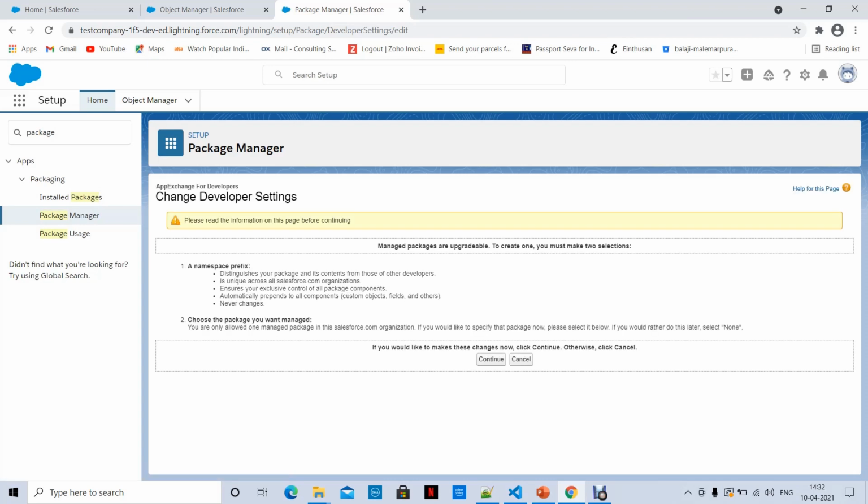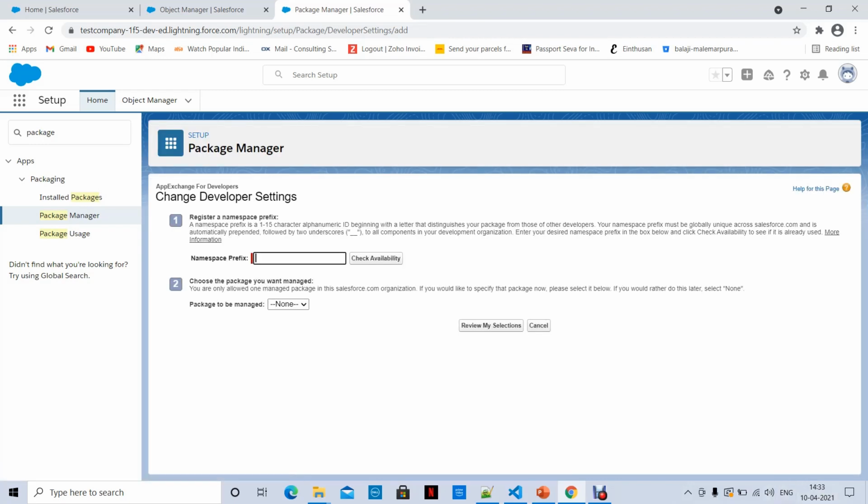What I am doing here is trying to create a namespace in a developer edition account. You can call it a namespace org also. For creating it, you have to follow these steps. So click on Continue simply.